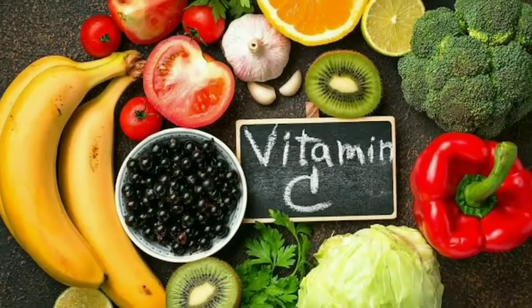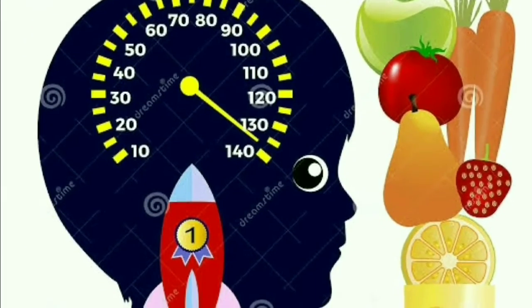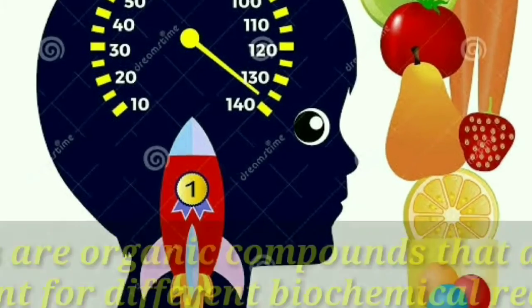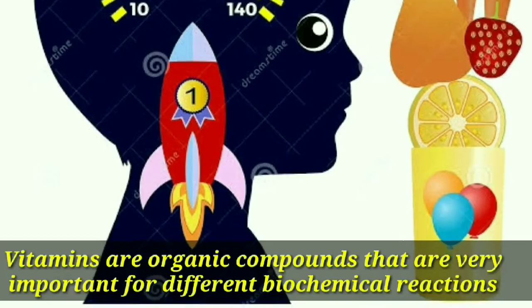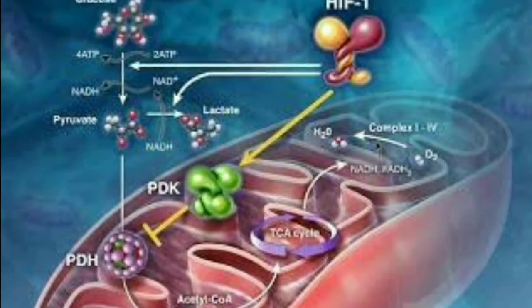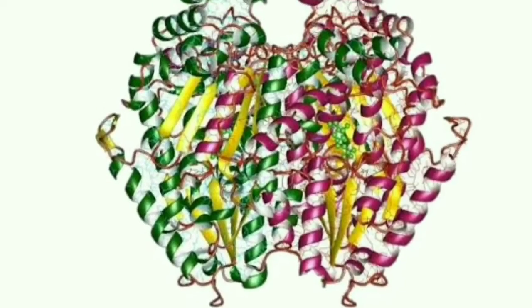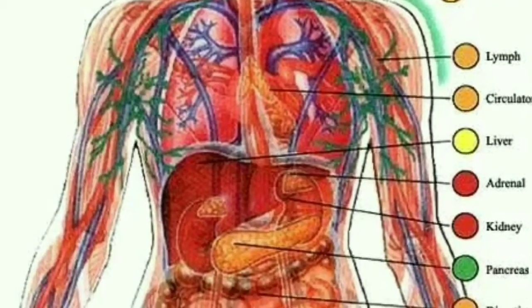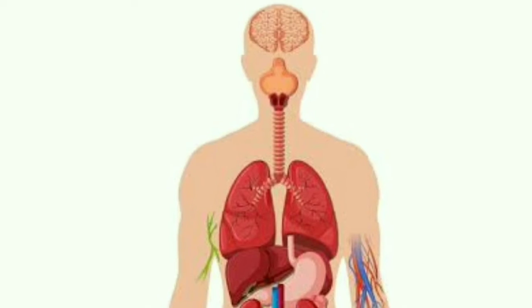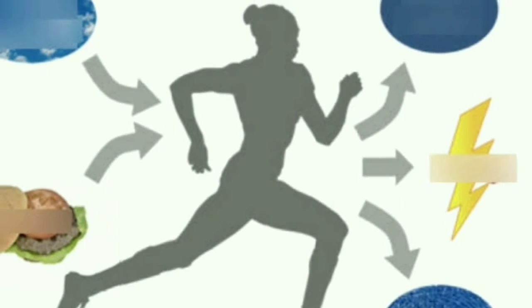विटामिन्स। Vitamins are organic compounds that are very important for different biochemical reactions happening inside our bodies. Vitamins are actively involved in many processes of the body like cellular metabolism, tissue and cell growth, and also act as helpers for different enzymes that maintain and speed up the reactions in our bodies. ये सारे substances हमारे बॉडी को चाहिए हैं ताकि हमारी बॉडी सही तरह से डेवलप और फंक्शन कर सके।